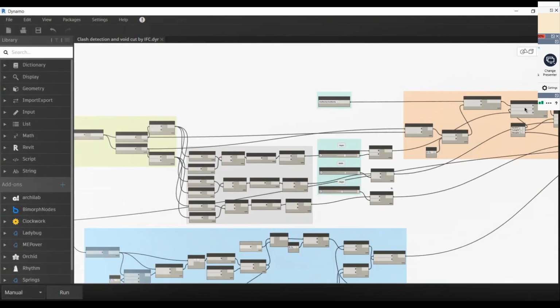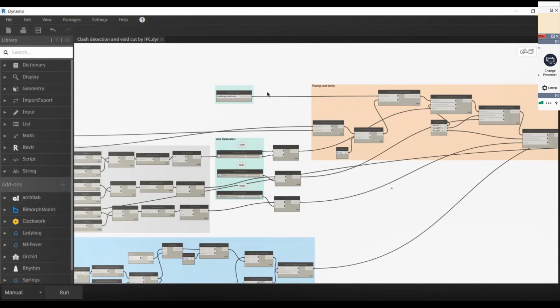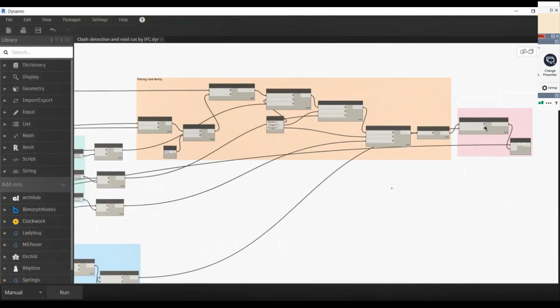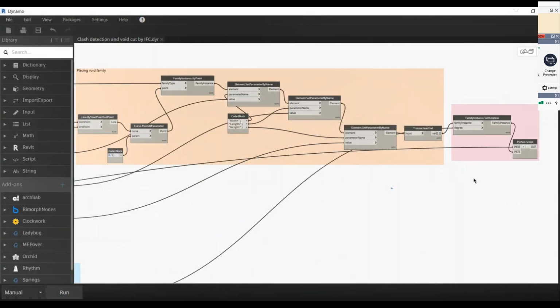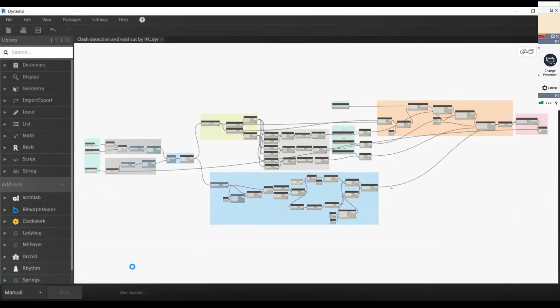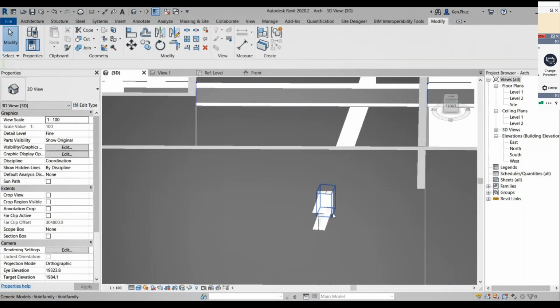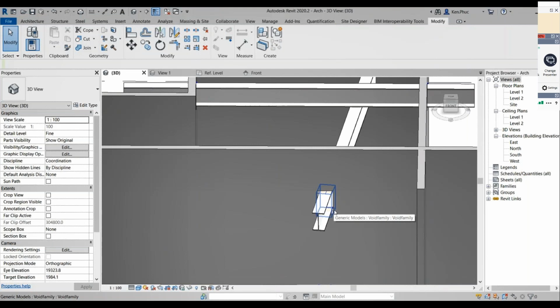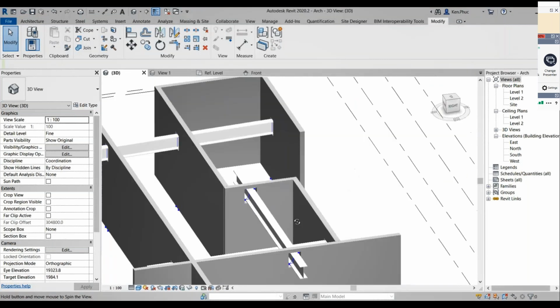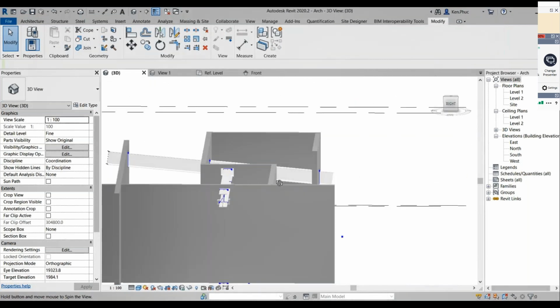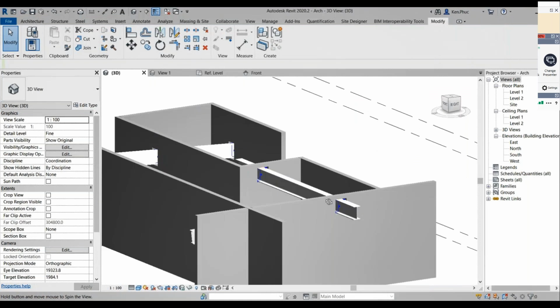We need to place a void or cutout where it detects the clash. Then we've added a few more parameters defining the size of the void or cutout, which is in reference to the size of the member which passes through it. Here, if you see, we've given some tolerance so that the beam can be easily placed through that particular opening.